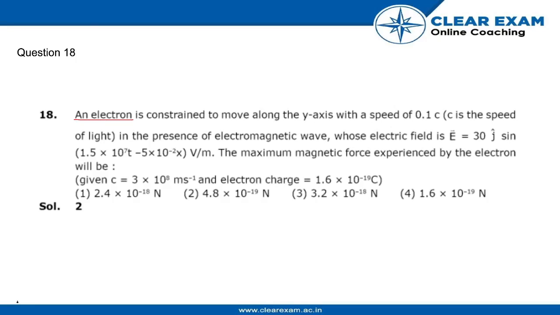An electron is constrained to move along the y-axis with a speed of 0.1 c, where c is the speed of light, in the presence of an electromagnetic wave whose electric field is E = 30 j sin(1.5 × 10^7 t − 5 × 10^−2 x) volt per meter. The maximum magnetic force experienced by the electron will be